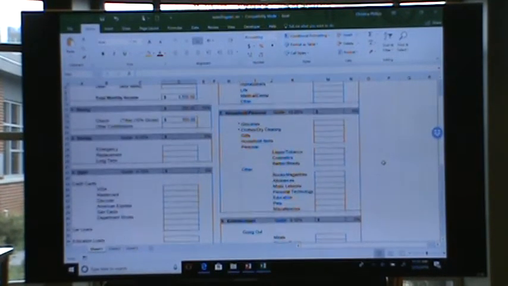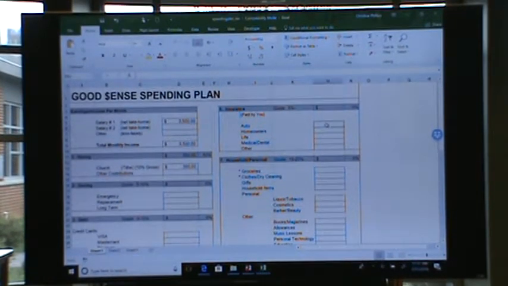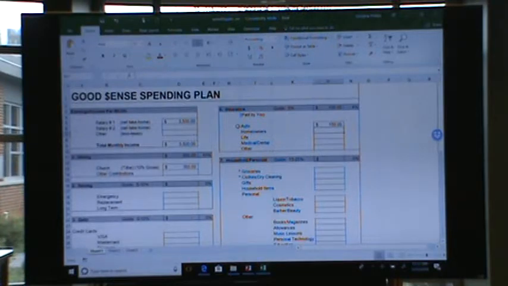I'm going to scroll up here. And I'm going to put in auto insurance, even though I don't have that starred. You kind of need to insure your car if that's your mode of transportation. So for now, I'm just going to put in auto insurance. Our auto insurance actually pulls out of our checking account, I think twice a year. So when they send a statement at the beginning of the year and say your auto insurance is X amount of dollars, we divide it by 12 and that's what we put in our budget. That way we know it's in the checking account when that bill comes and we don't get overdrawn. It's kind of an automatic thing. And when we get the new statement, we just look at it again and make the adjustment.